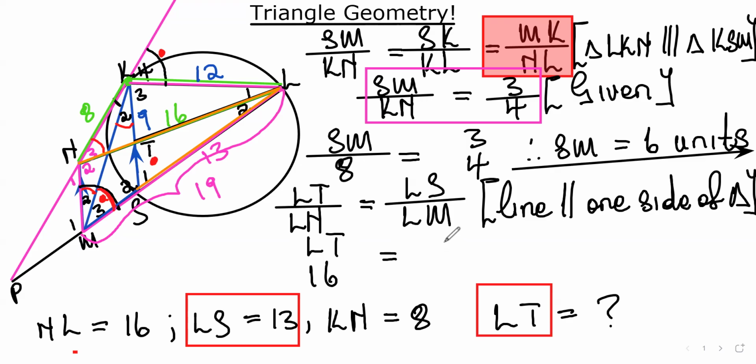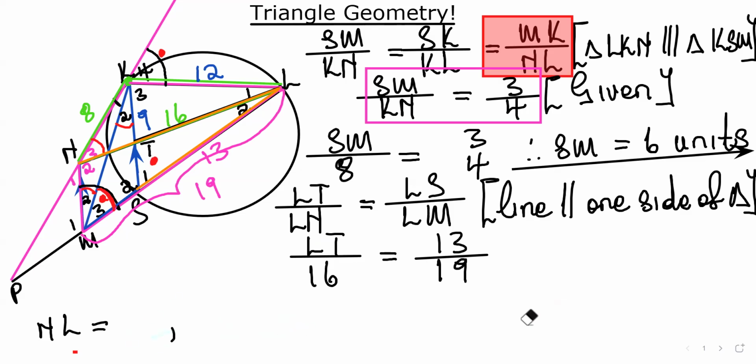The length of LS was given as 13. The entire length of LM is simply going to be 19, sorry. Then we can do the cross multiplication and get the length of LT. So you say LT times 19 equals 13 times 16. And when you go to your calculator and say 13 times 16 divided by 19,